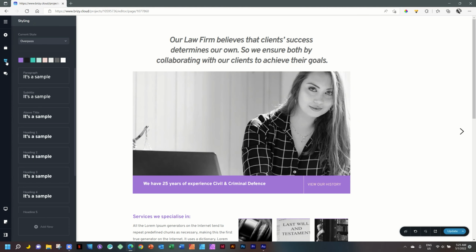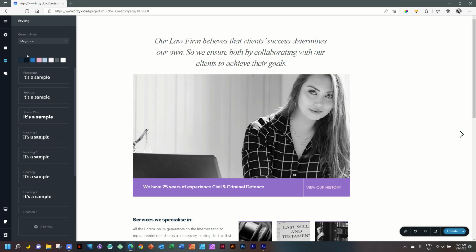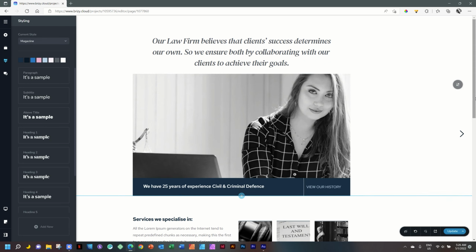Go to the sidebar on the left where you see the little paintbrush. It says styling. As you select it, you're going to see this color swatch selection appears here. And that style of color swatches are called overpass. If I select overpass, you will see I have a selection of more to choose from. Go through it, select magazine, and you will see all of the colors update on the page